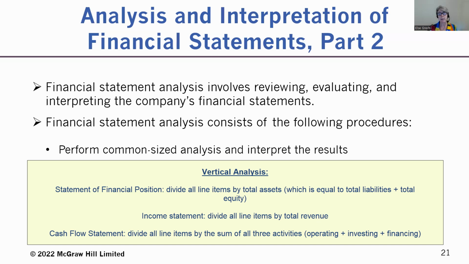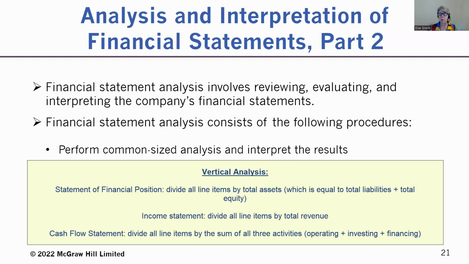We'll also take, let's say, the long-term liabilities and we'll divide it by total assets. And you might say, well, why are we dividing it by total assets? That's because we could divide it by total assets or we could divide it by total shareholders' equity and liabilities. We take the total liabilities and the total shareholders' equity, we add them together, which is equal to total assets, because assets equals liabilities plus equity. That's why we take everything and divide it by total assets.